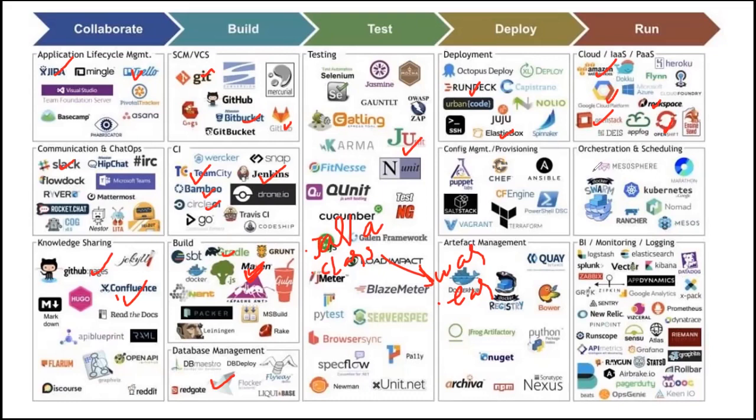So the orchestration, if you look at this, most of them are in Kubernetes or Mesos. And coming down, monitoring. If you go to monitoring, Splunk is very famous. Elasticsearch is also very famous, right? If it is data related, then definitely people will prefer Splunk, Logstash, Elasticsearch. But the concept is the same.